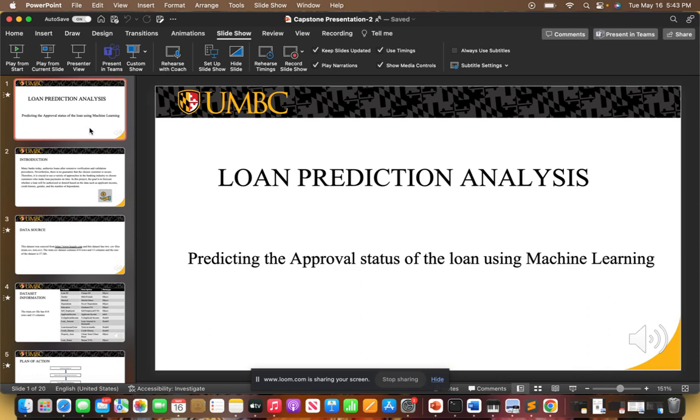The reason for me to choose this topic is that every individual these days finds it more convenient to purchase any of the electronics, jewelry, housing, or transportation, or even to support education, through a process called EMI, which is nothing but a loan. As banking sectors are providing feasible loan plans, people are applying more for loans. And also, the major source of income for banking sectors is the loan, which is why it includes